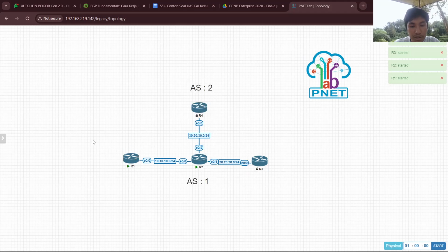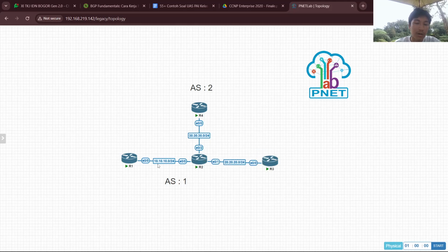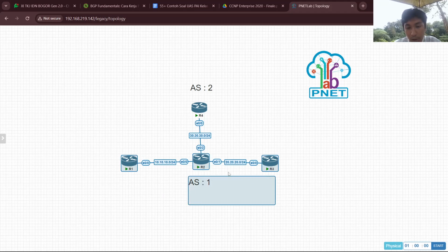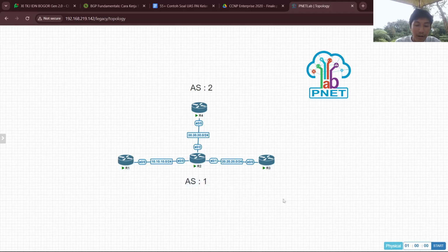First thing first, because this is iBGP, if router 1 wants to connect to router 3, they must use a full mesh topology. In this lab, we will use only router 2: router 1 will use router 2 to connect to router 3. But in iBGP this cannot work without a full mesh, so we make router 2 a route reflector to router 1 and router 3. Router 1 and router 3 connect to router 2 because they are in the same AS.